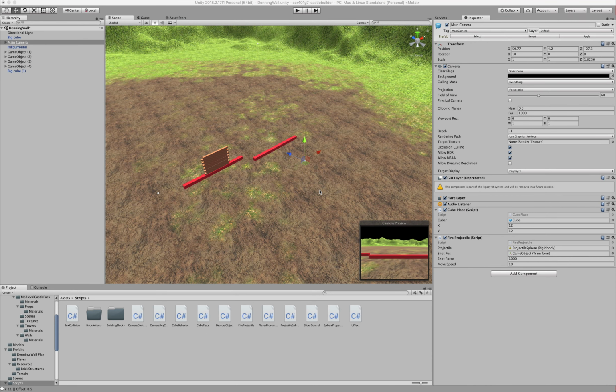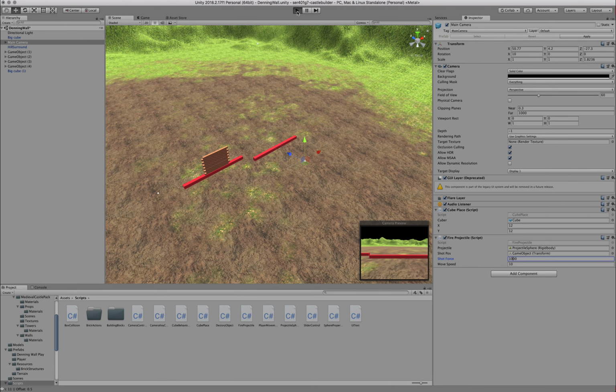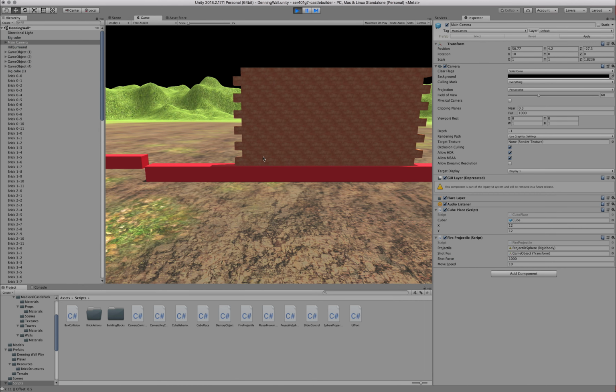Our goal was to make a destructible wall, and we were able to accomplish this through scripting and through designing in Unity. So over here I have a script to place a cube. Hopefully it's big enough to where you can see this is 12 and 12 right here. So I can press play on here. And I just press the Alt button and it creates a wall that's 12 bricks wide by 12 bricks high. And this wall is destructible, and as you shoot projectiles at it, as long as enough hit points go away because of the projectile,